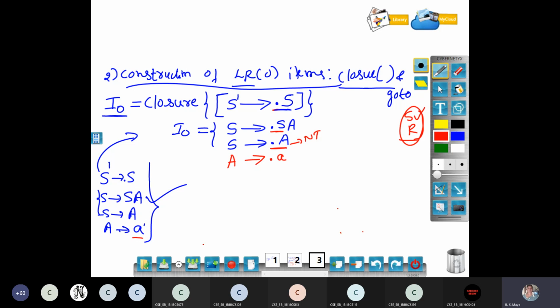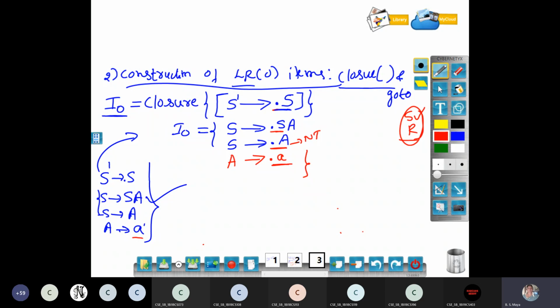See, after copying down for capital A, you have to check this. Do you have any non-terminal here? No. I don't need to copy anything. Now I can end my I naught set. This is your first I naught set. So this is called closure.